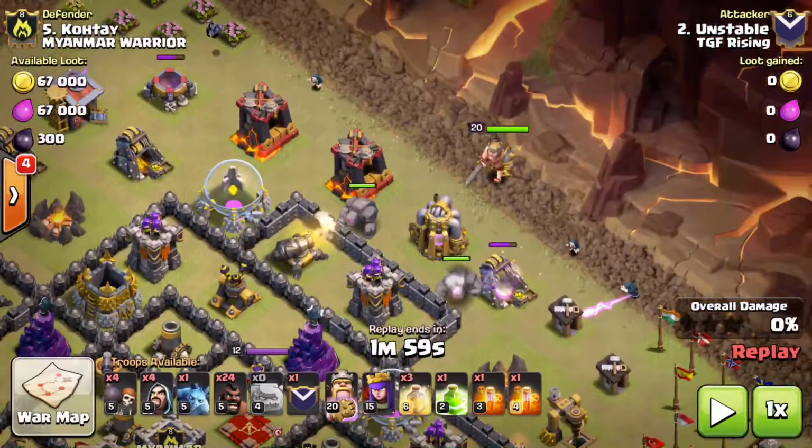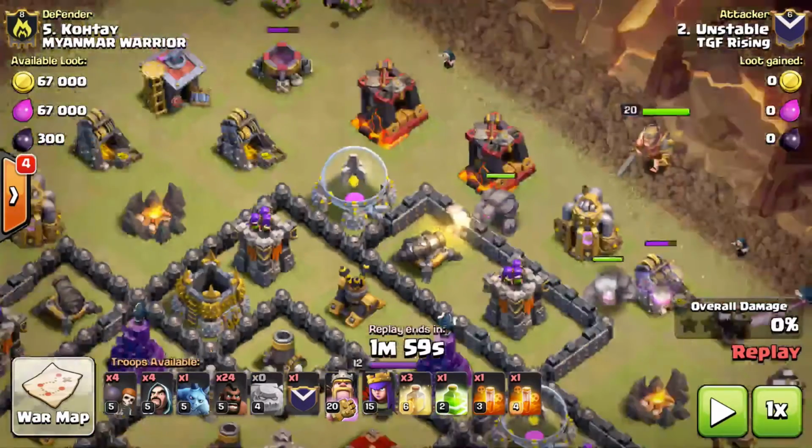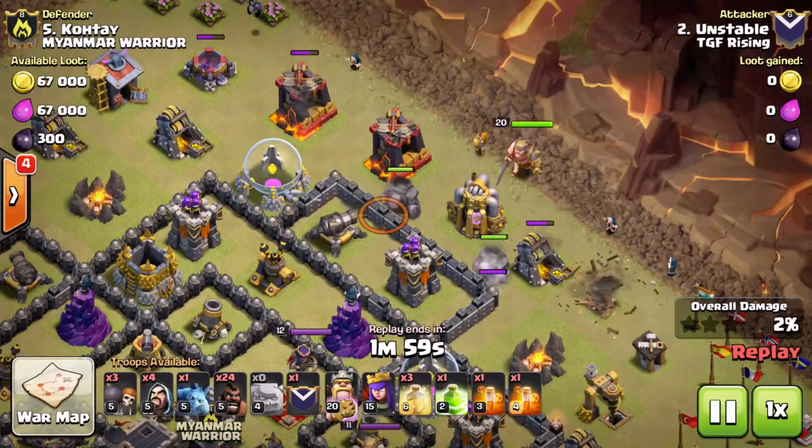Now, if I were to ask you to pause the video here and tell me what the one mistake would be, hopefully your answer is that he dropped his Barbarian King before his Archer Queen. There's absolutely no reason for that Barbarian King to be down yet. There's definitely a lot of risk of this Barbarian King walking, especially down to this army camp or over to this elixir storage. I'm going to assume that was just a mistake on Unstable's part, that he meant to drop his queen before he dropped his king, but we'll see here, as the raid kind of gets